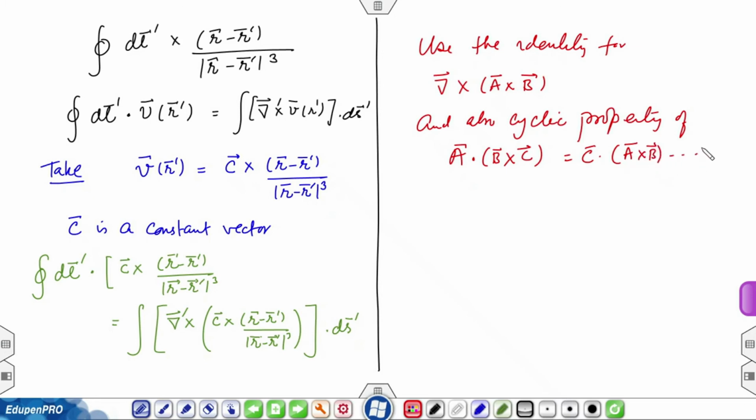Use these, go around, you will find that I can reduce this integral to, the left hand side would come out to be